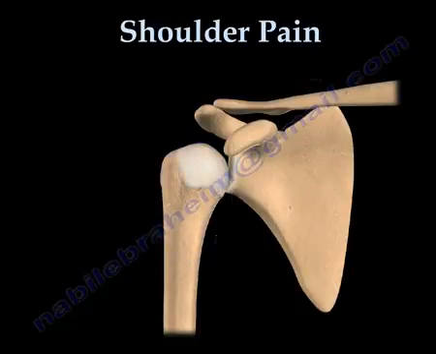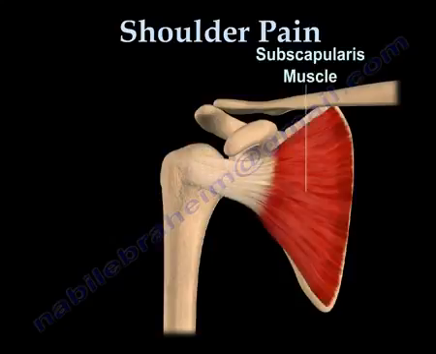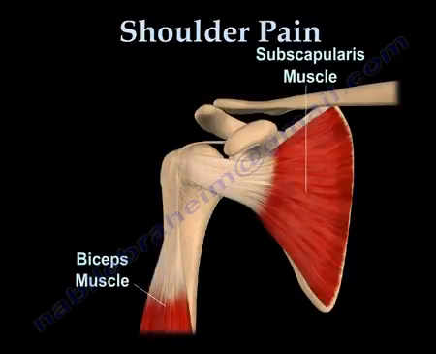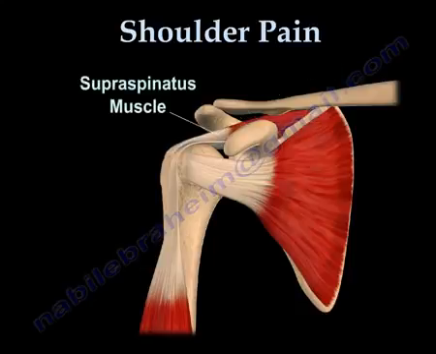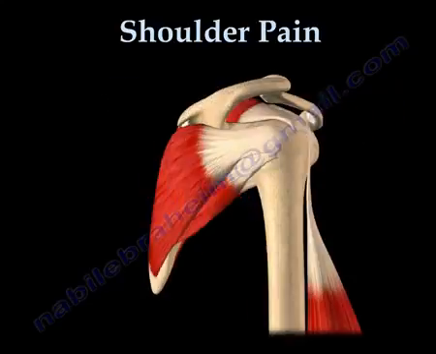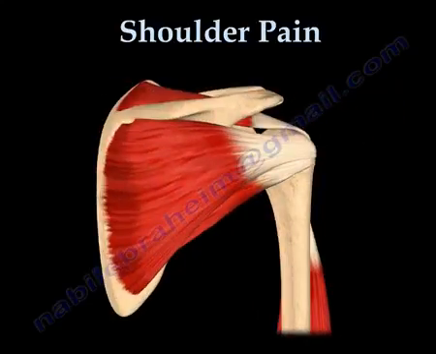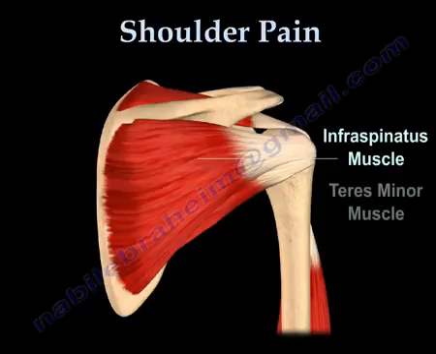There are 5 major muscles of the shoulder joint responsible for movement of the shoulder. In the front portion of the shoulder, originating from the scapula, the muscles involved are the subscapularis and the biceps muscles. The supraspinatus is a relatively small muscle that runs from the top portion of the scapula, which inserts into the top of the humeral head. And from the back position, the muscles of the shoulder joint include the infraspinatus and the teres minor muscles. These muscles of the shoulder combine to form a thick cuff